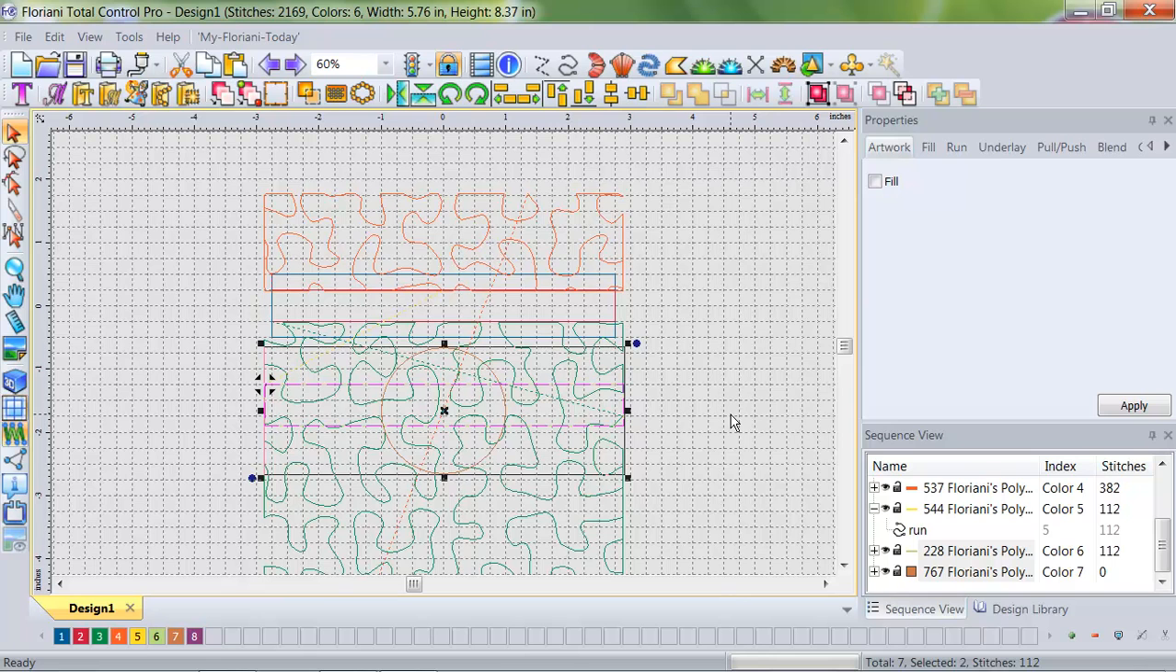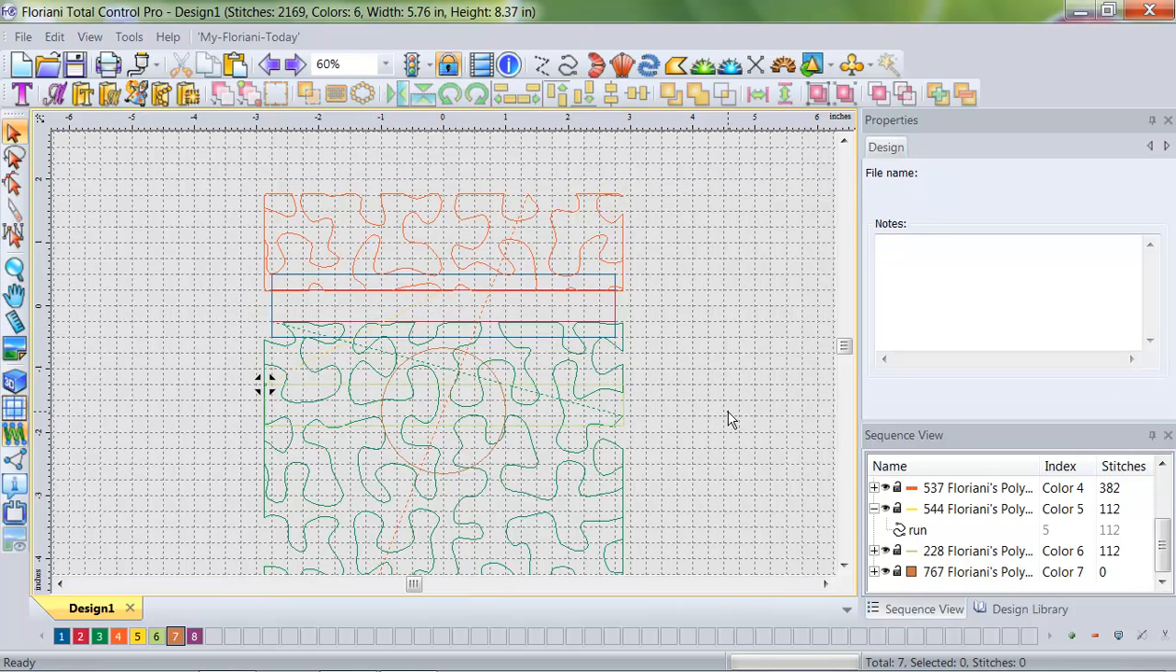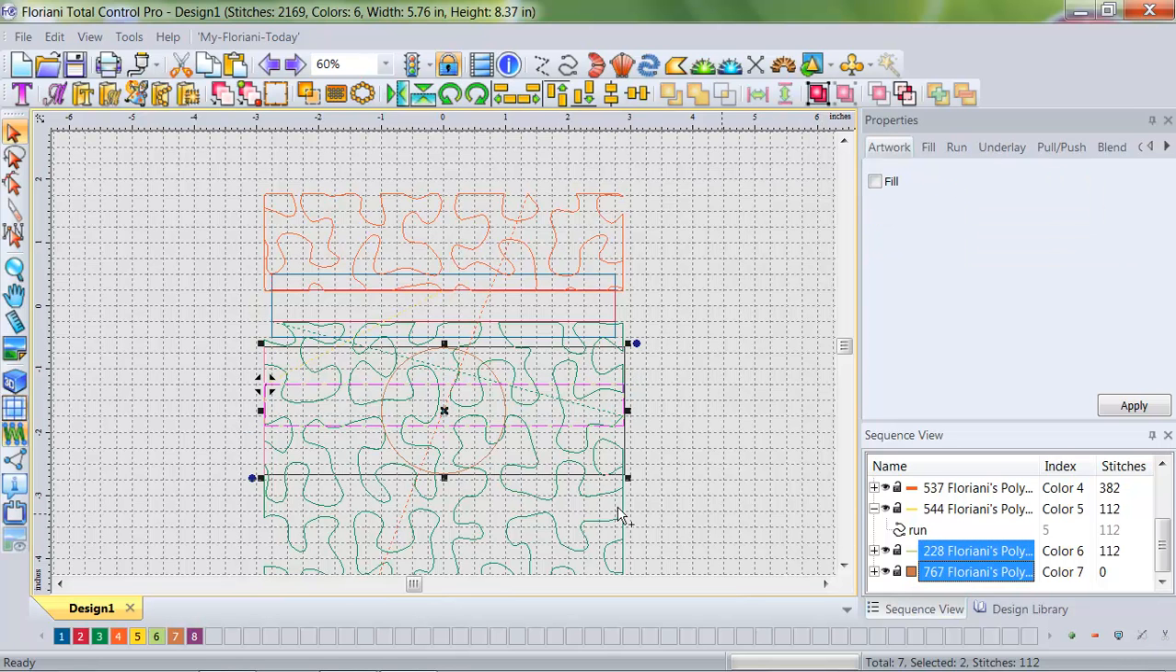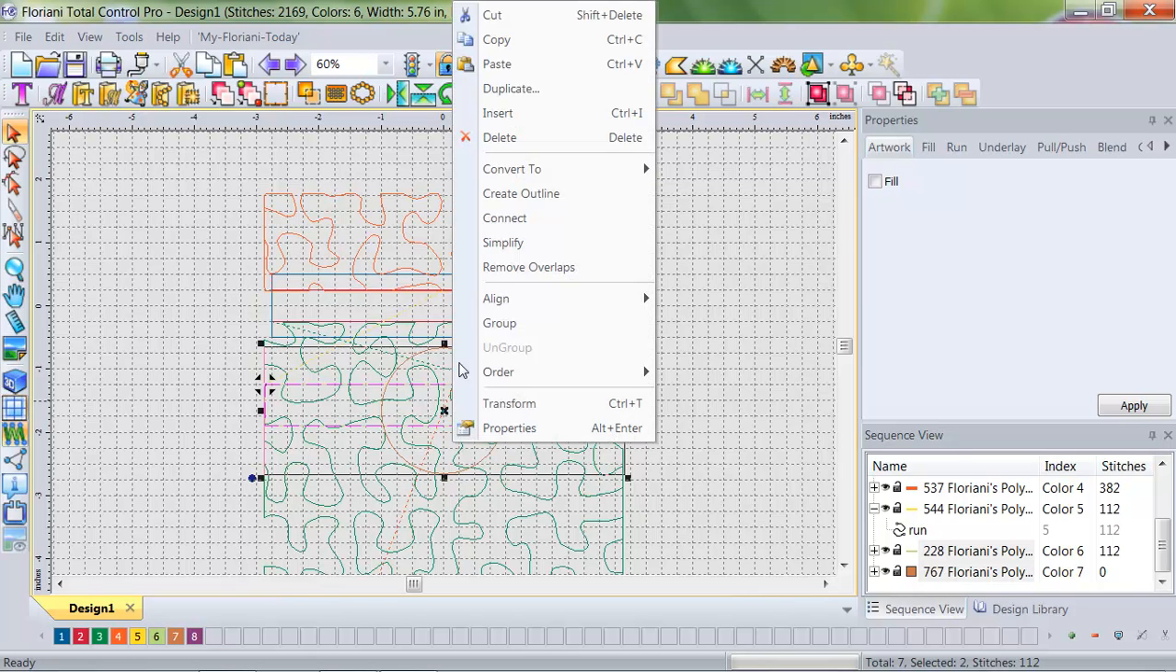Actually, I think I'm going to need to move them down anyway. No, I've got enough room. Okay, what we needed to do is select color number 6 first, and then hold down our control key and select color number 7. And you'll see why when I align centers,